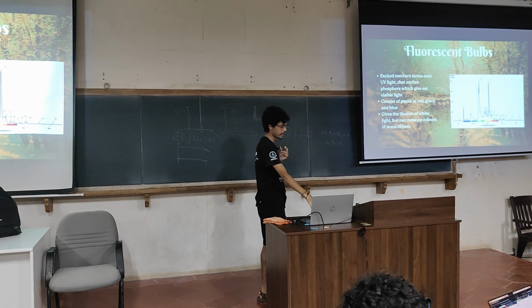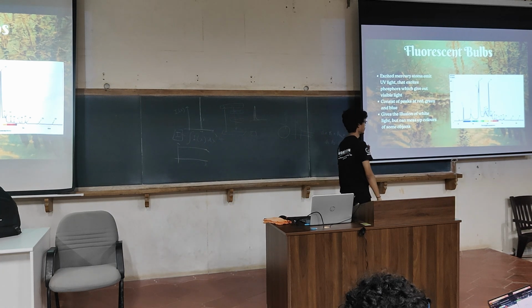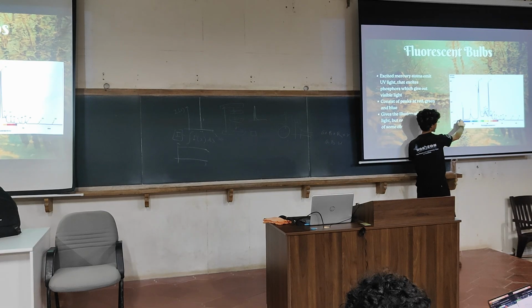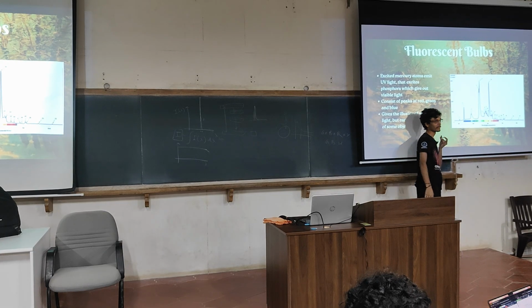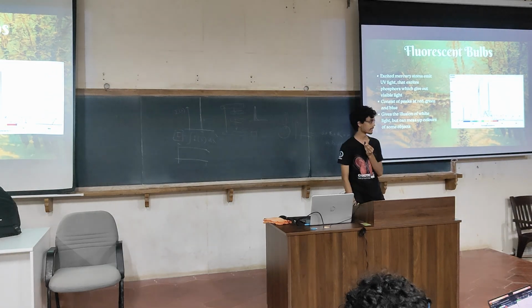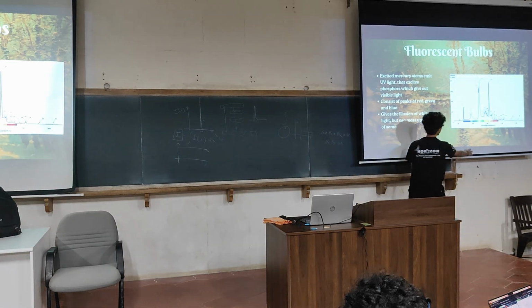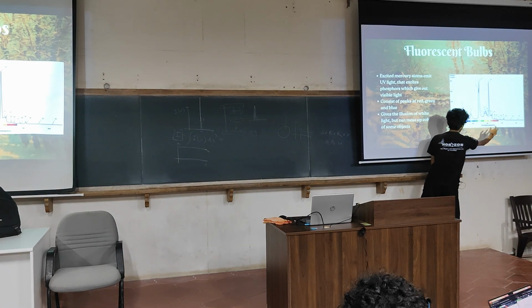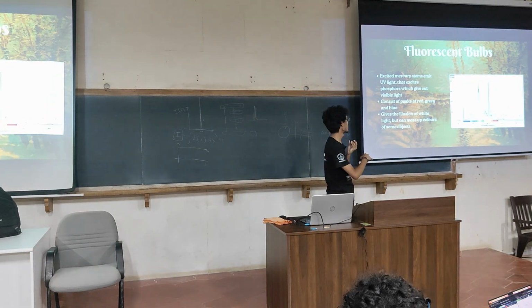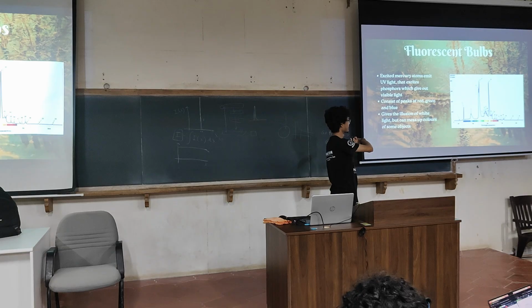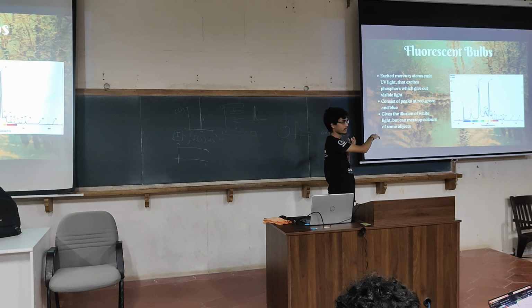But you can see over here there are many peaks in the spectra. These peaks that you see here are due to the mercury spectrum, and all the fluorescent materials are doing is creating these other bumps at other places. The fluorescent materials are there to give a little bit of every other color that mercury doesn't give.